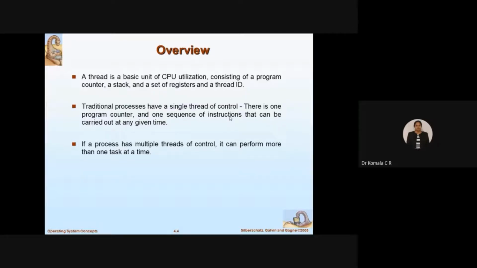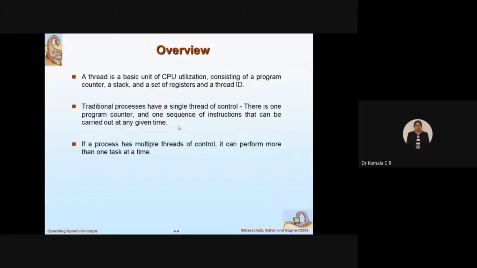I have one program written. One single thread means what? A single process it can take. A single process means I have only one program to be executed. In that, I have some sequence of instructions with respect to only one program. Fine. So I need only one program counter that can be carried out at any given time, because I don't have multiple jobs. If I have multiple jobs, then I have to think this process I will execute at this time.